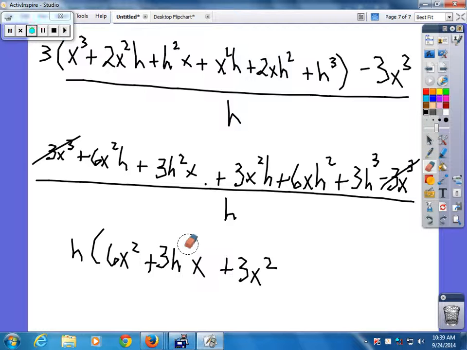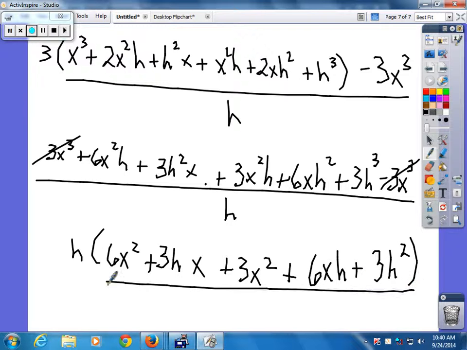Thank you. And you see that I called it because usually you don't have that many terms that are the same. Plus 6, 8xh plus 3h squared, y'all check me, over h, and that should be your answer, and then combine like terms anywhere